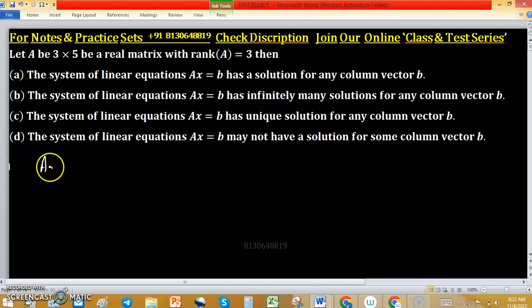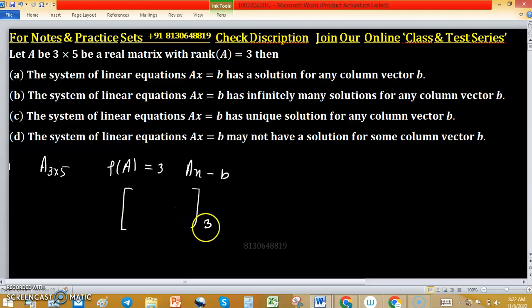Let A be a real matrix of size 3 cross 5 with rank of this matrix A equal to 3. For the options, in the first option: the system of linear equations Ax equals B has a solution for any column vector B. If we construct a matrix A, its size is 3 cross 5 and the rank is 3,